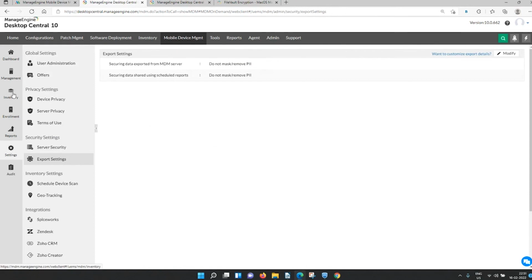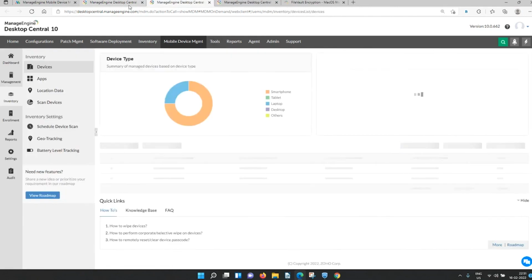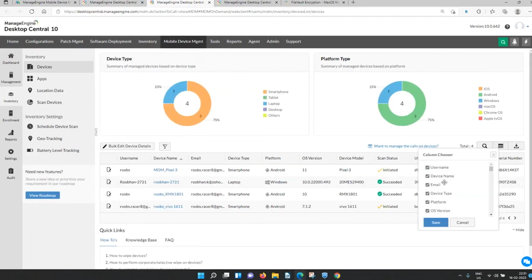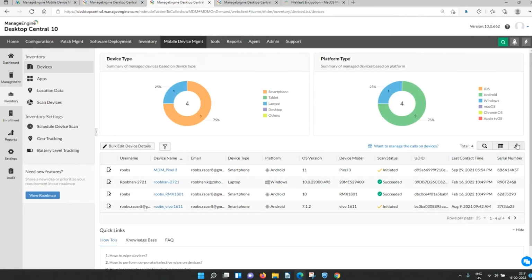So if I take a report with the current settings, I'll show you how the reporting will look, and after I mask it, what details will be here. You can also enable the required columns and take out a report based on your needs. So if I'm doing it for this,